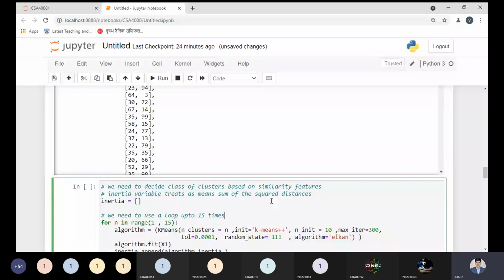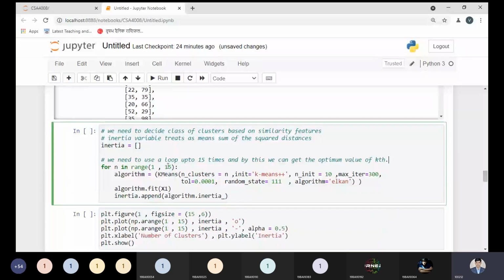And by this we can get the optimum value, so that's why it is required, as I told you in the theoretical part, if you remember. Same thing there.